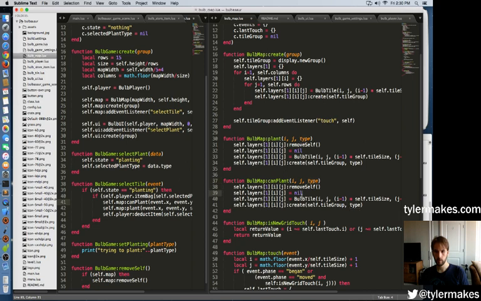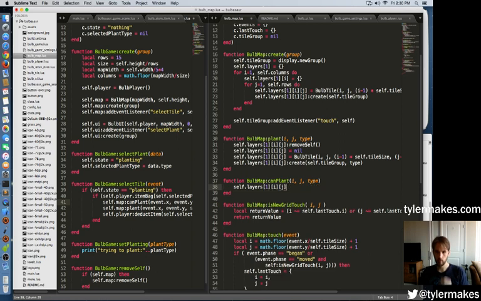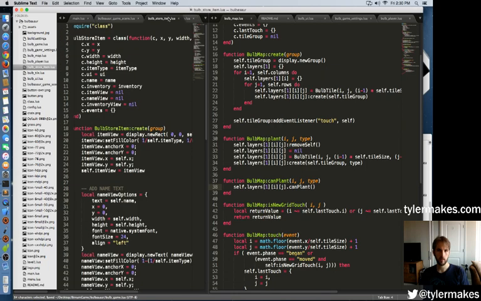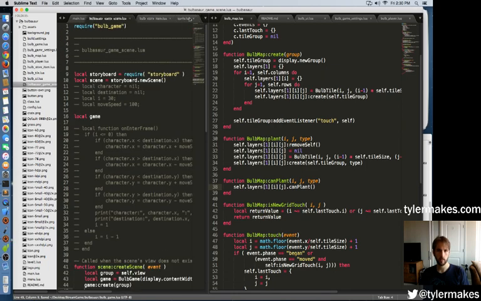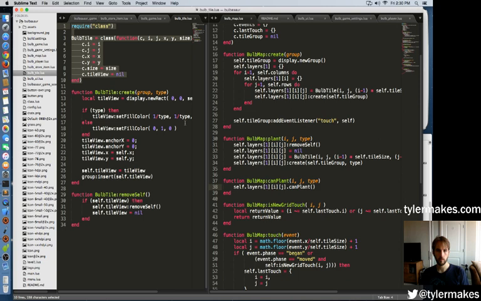Maybe we won't use it, but who cares? So this is a tile at this grid point, and we want to say can plant. We're just going to delegate that to the tile itself, asking the tile whether or not it can plant something. So now we're going to go to the tile,